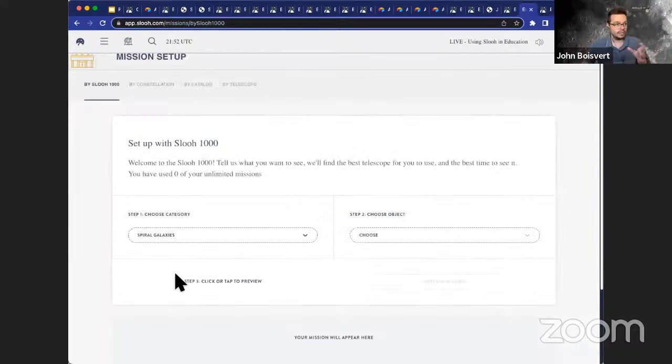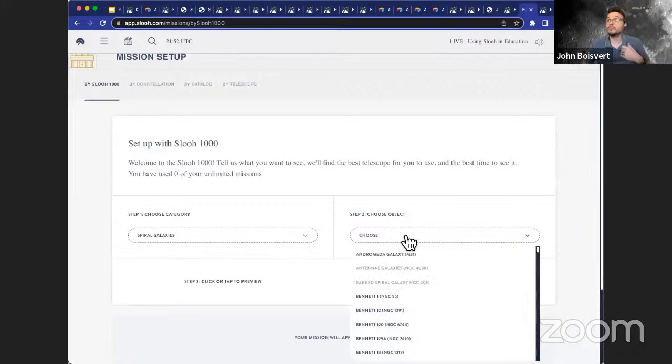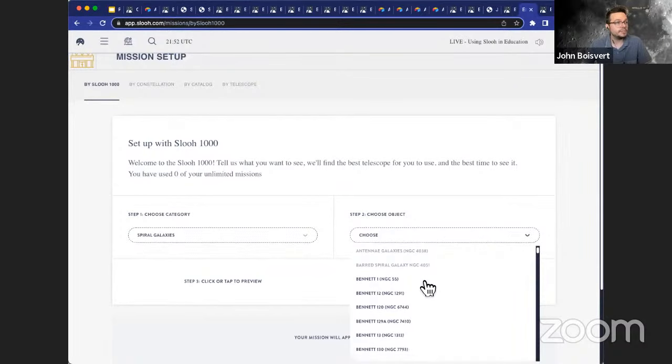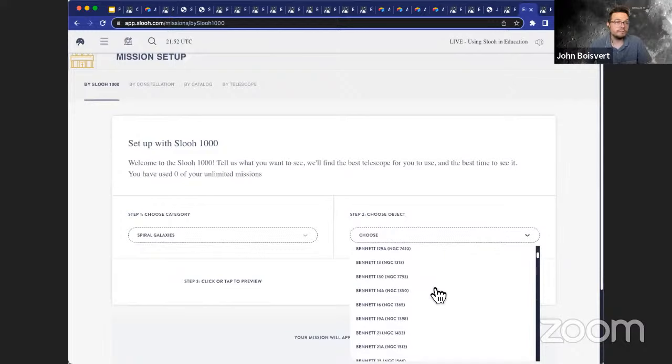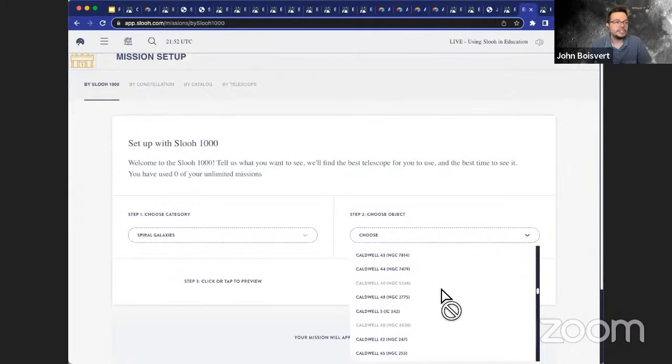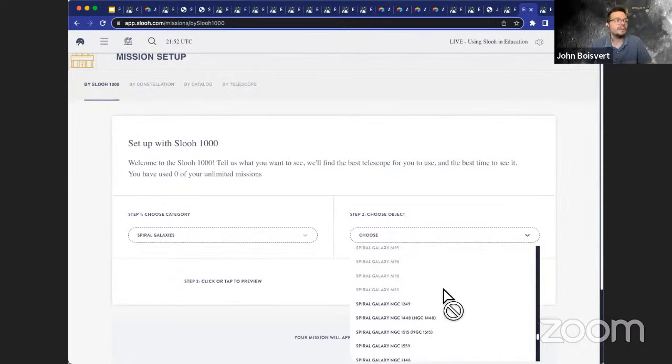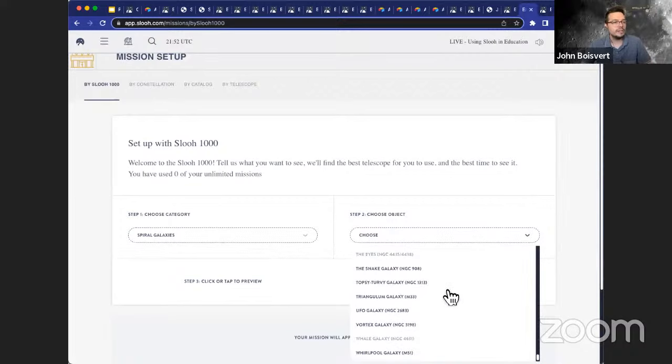And soon, in step 2, it's going to tell us which of those galaxies are available. Any galaxy that has a dark font is a galaxy that we can capture tonight, and the ones that are grayed out, unfortunately, we can't. But as you can see just from scrolling, there's a lot of dark text here. So Slooh's observatories can really see a large portion of the night sky every night.